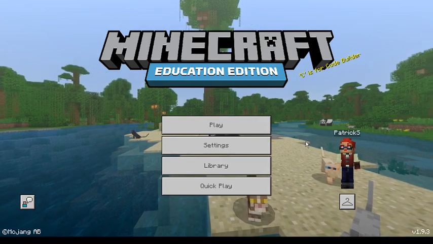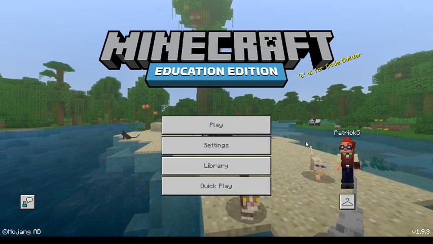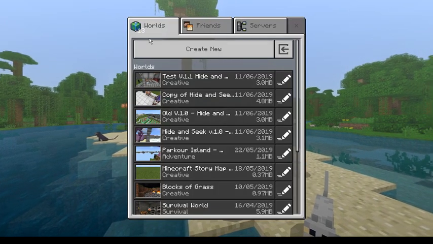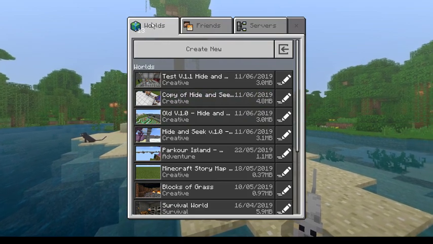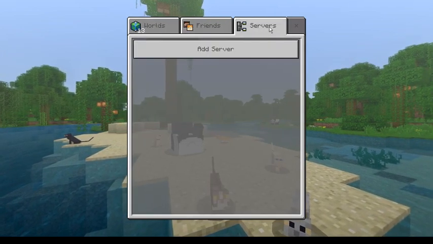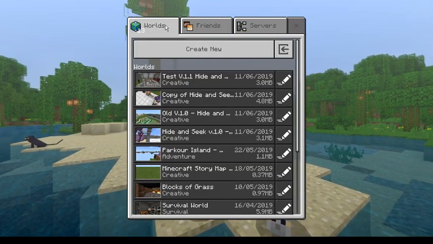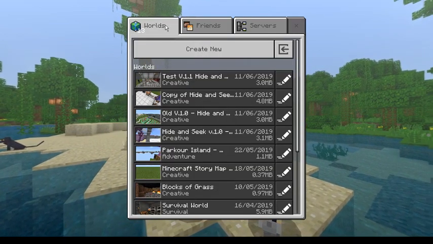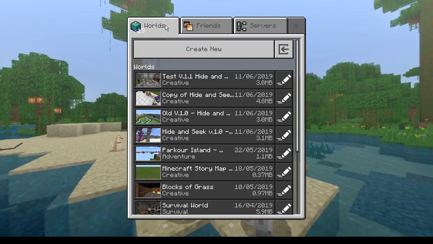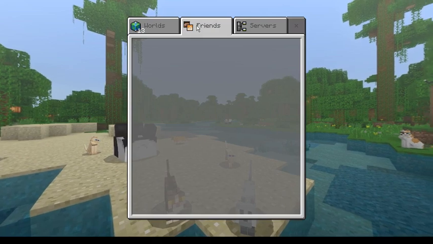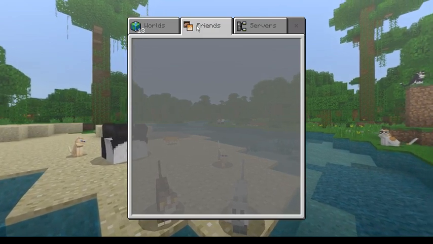So after you log in to Minecraft with your Microsoft account, you should see the screen. You can just click play, and then you'll see the three sections: the world section, the friend section, as well as the servers section. The world section is where all your worlds will be. Your personal worlds that you have created are on your desktop, and your friends are the people that have opened your worlds and their multiplayer game, and